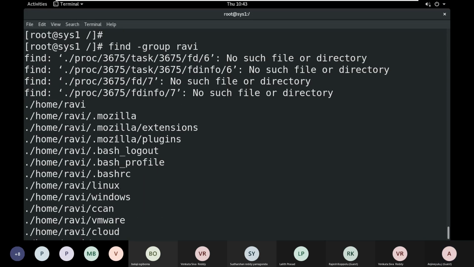Same. Remember, when you create a user, it will create the user and the group automatically.